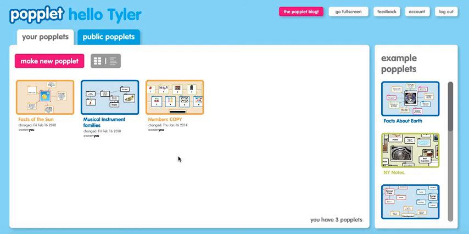So that is a quick crash course on how to use Popplet and different ideas you could use for science class, music class,